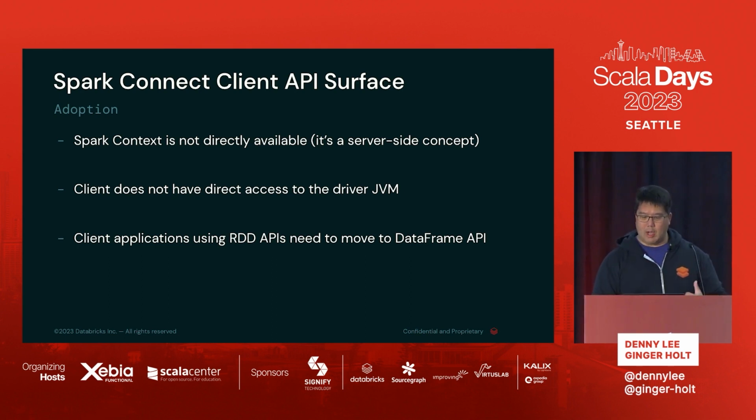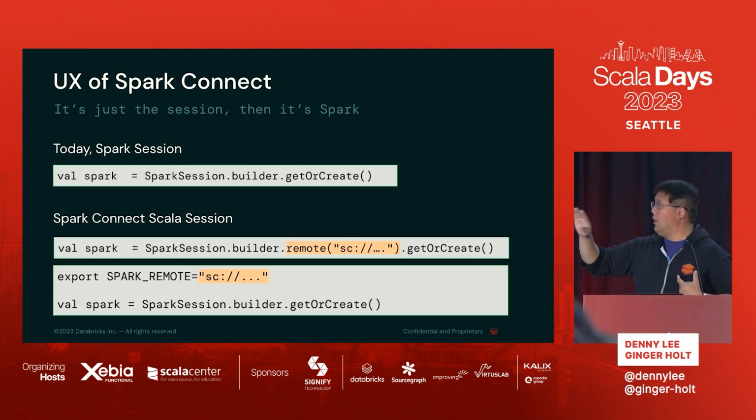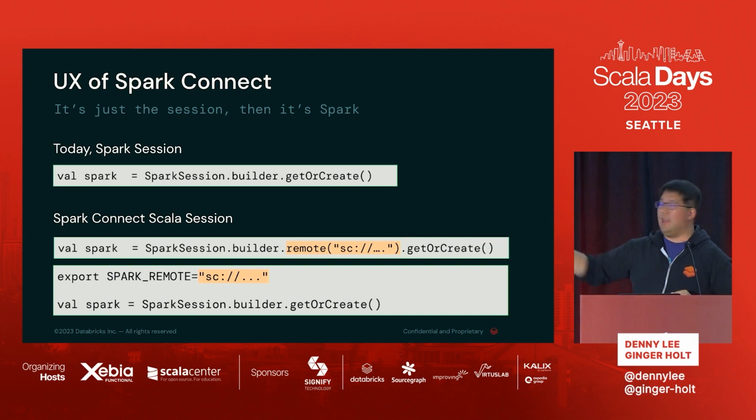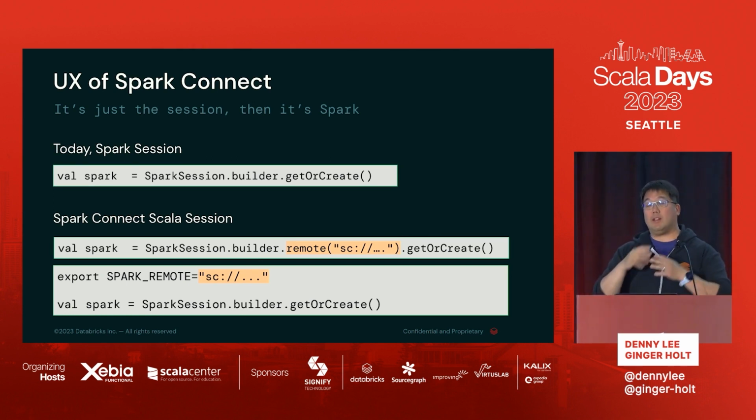Cool, all right. I already talked about the client applications and IDE, so I'll skip that. But here, quick thing. This is the main difference in code, right here. Before we did val spark = SparkSession.builder.getOrCreate. Now you add the .remote. That's literally the difference in your queries. I'll show a part of that in the demo shortly. In some cases we do the export. In fact, in my example, I'm not even going to bother with the exports, okay? So we've tried to make it as simple as possible, so whatever code you wrote will work. You just have to toss in the .remote, so it's going to a remote system as opposed to your local system, okay?